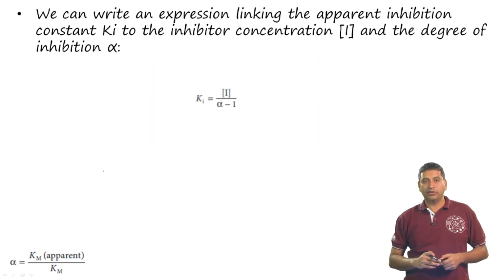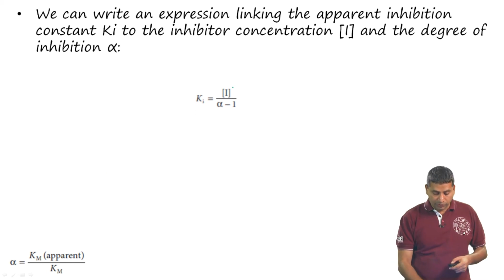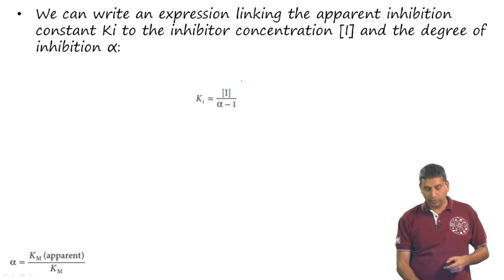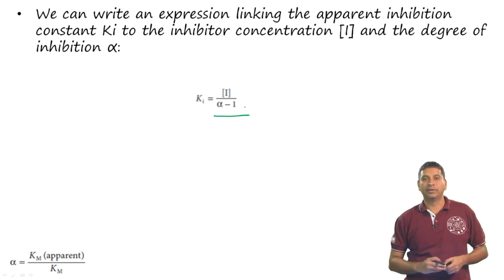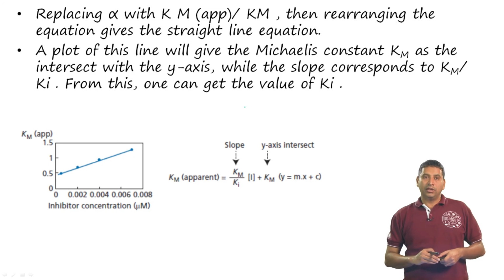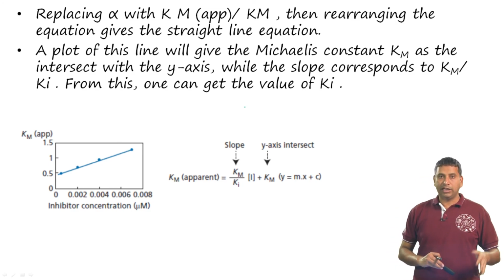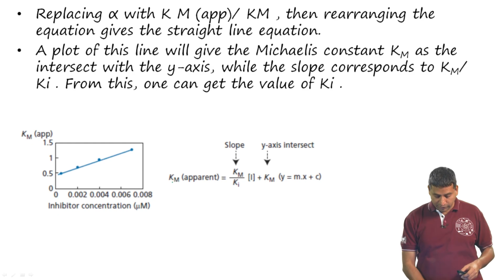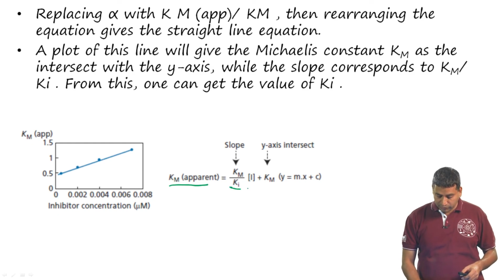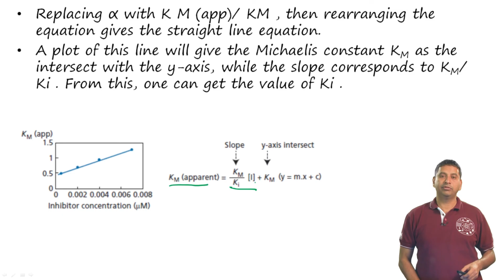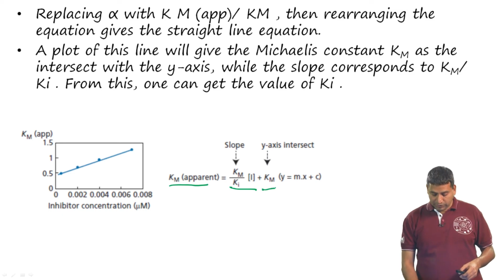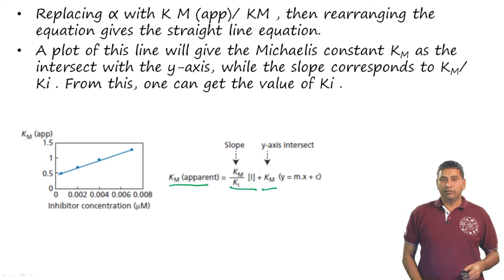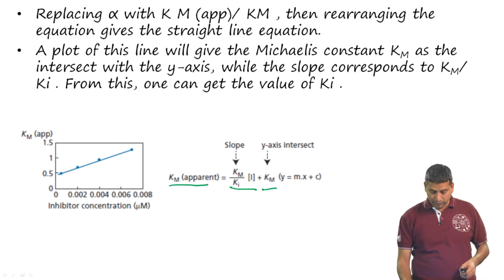So, we can write an expression Ki is equal to concentration of I, which is the inhibitor, divided by alpha minus 1, and alpha, as we recall, is the degree of inhibition. Now, replacing alpha with Km apparent by Km and then rearranging the equation gives us a straight line equation. The straight line equation is nothing but Km apparent equals this term Km by Ki times concentration of I plus Km. So, if we were to plot Km apparent